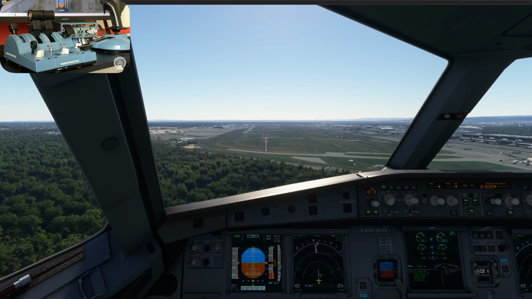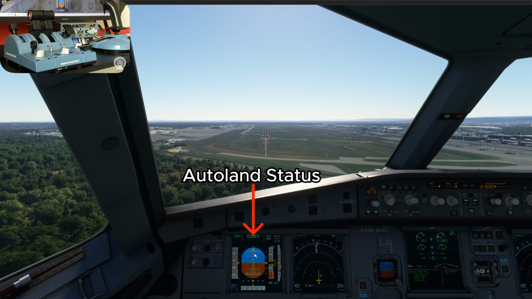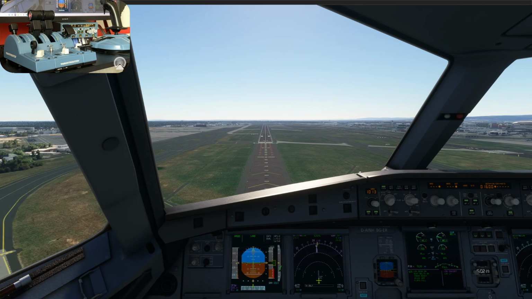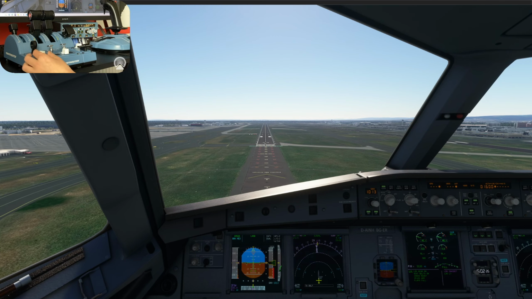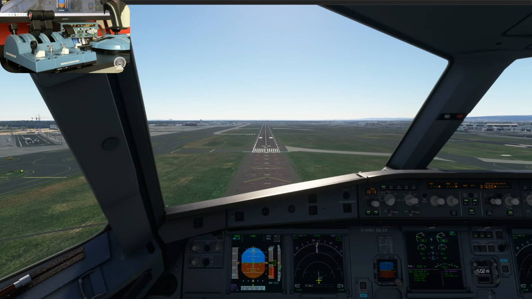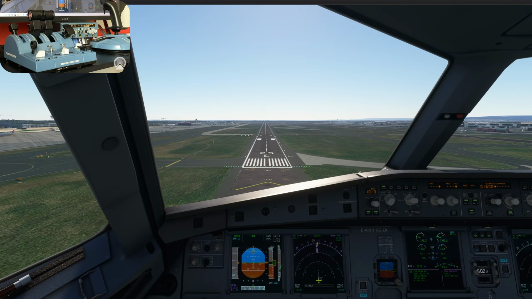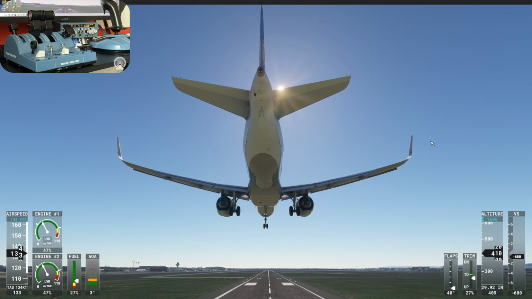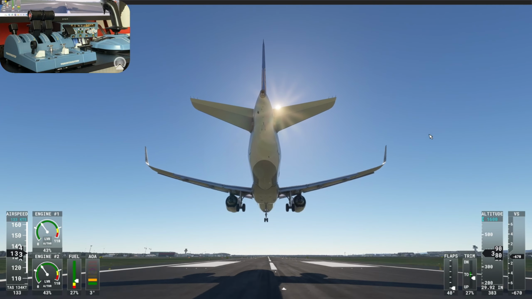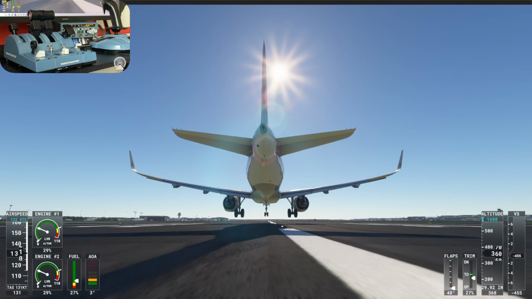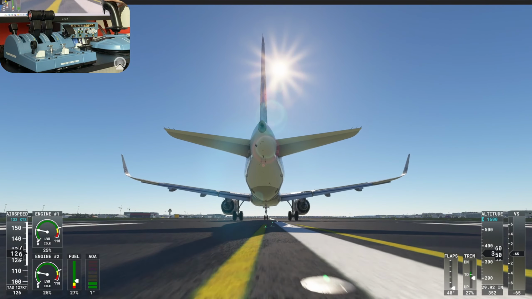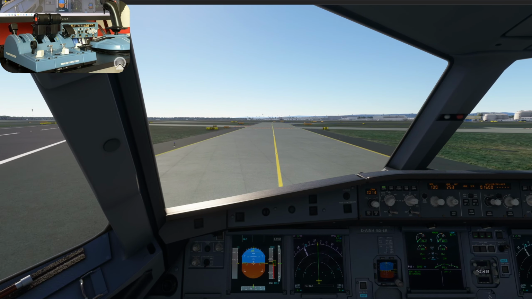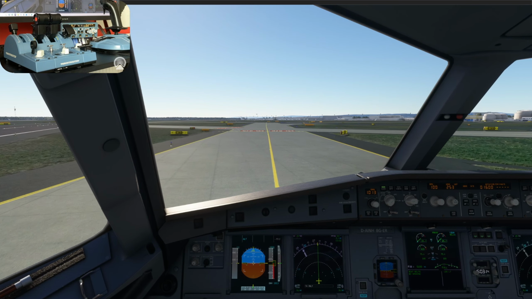Let's go a bit higher right now. So it's got land, which means it's now landing the plane automatically. And it will actually start to slow down a bit for you. I should put a bit of auto brake on. Auto brake low. See how smooth the autopilot can land. Not much of a flare, but that was decent. 250 feet per minute. And yeah guys, so that's how to use the autopilot for the Airbus A320